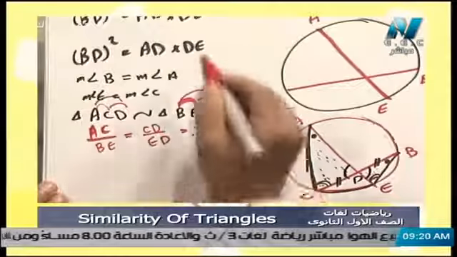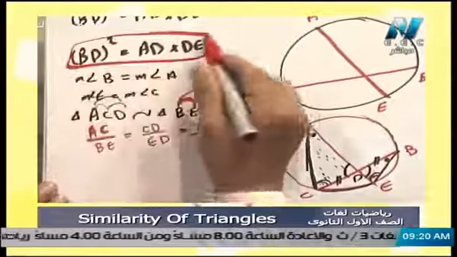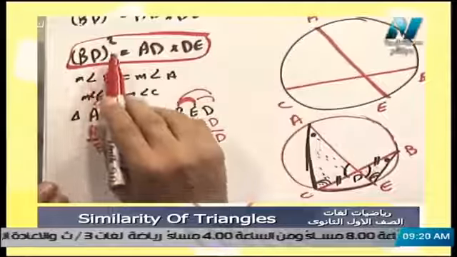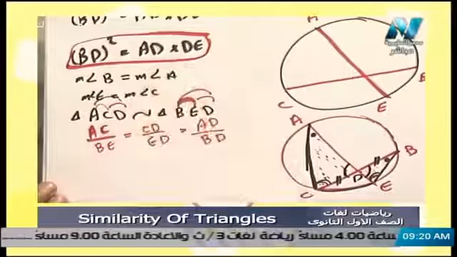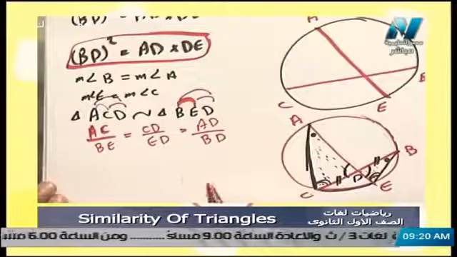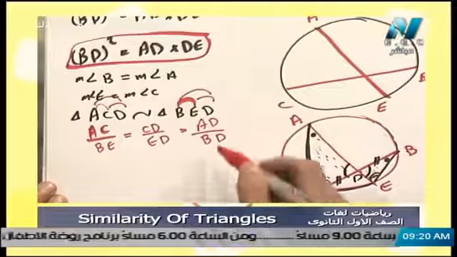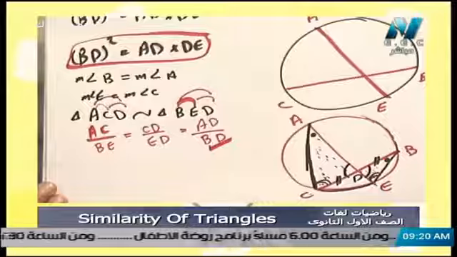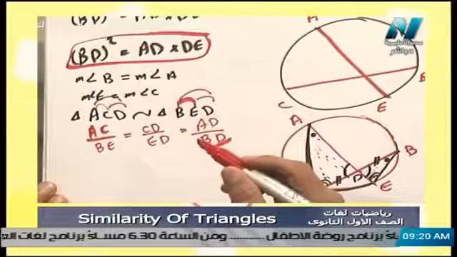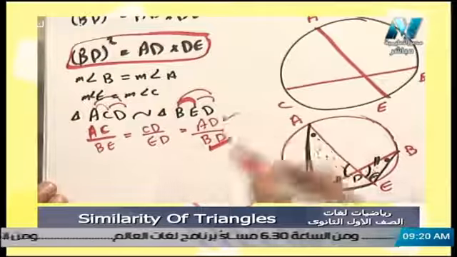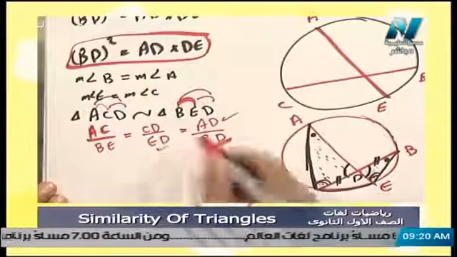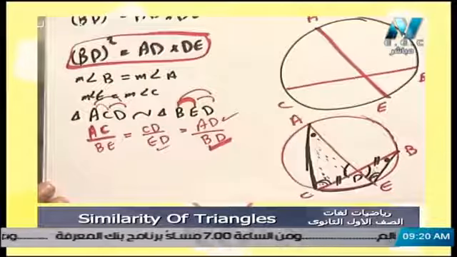And from the request here, we would like to prove that BD power 2 equals AD multiplied by DE. So we will find BD here, and AD here, and DE is this. So we can say that